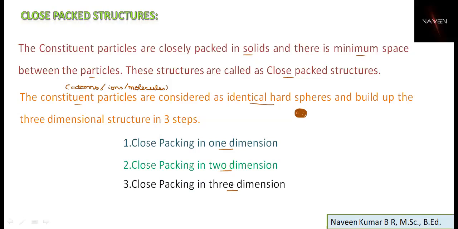Now, to understand all the structural levels of solids, you need to imagine this concept very clearly. All the particles are assumed to be hard spheres, and we know that spheres touch each other only at points, and there may be some empty spaces in the arrangement. These empty spaces between the particles are what we learn as voids, V-O-I-D-S, which we'll discuss in detail.